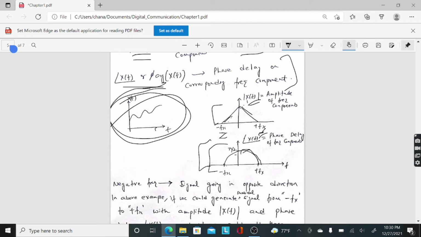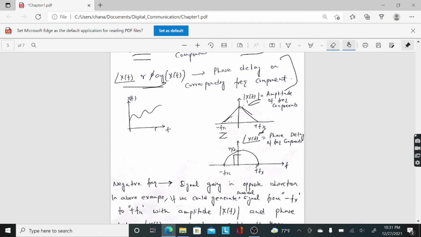So just to repeat that, if I generate sinusoidal frequencies from minus fx to plus fx, at minus fx the amplitude is 0. Then I take another frequency, say f1, I apply an amplitude which is represented by this, and then I apply a phase which is say 3 pi by 4 or something, and then I repeat the same procedure for all the frequencies from minus fx to plus fx, and I add all of them up. I'll get back this original time domain signal. So that's the meaning